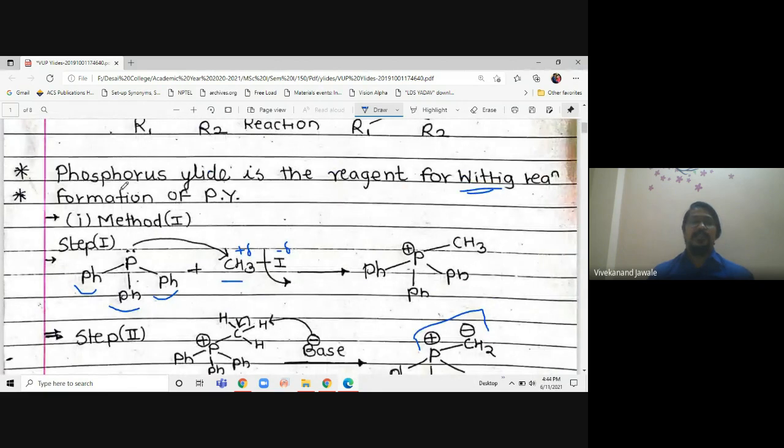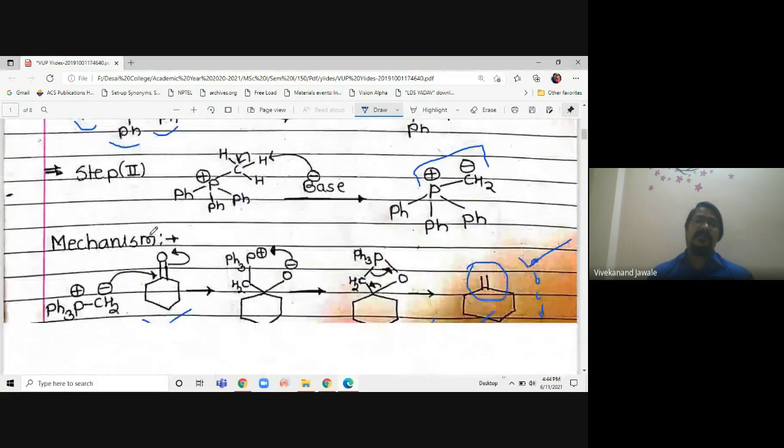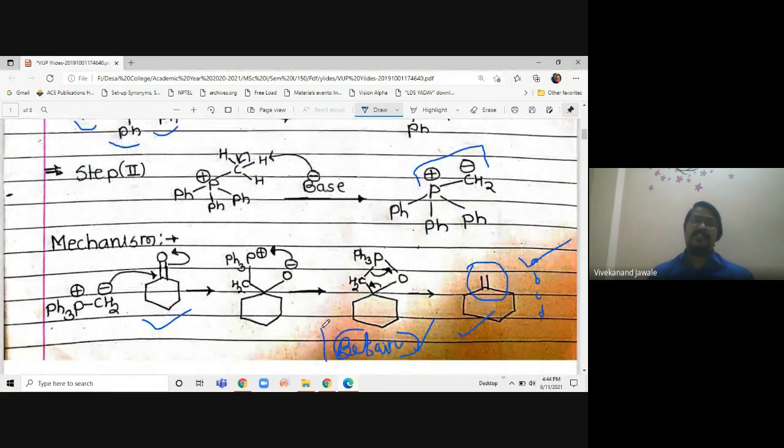Again, this phosphorus ylide is responsible for the Wittig reaction. So they will give four options here, four options here, and here they have written phosphorus ylide. Here there will be Wittig reaction, and they will say match the following. So this is the third type of question they can ask in the SAT exam. And lastly, the mechanism they are not asking, but this intermediate is important. Cyclic betaine intermediate is there in the reaction, as well as the ketone is converted into alkene. So such a question will be there.